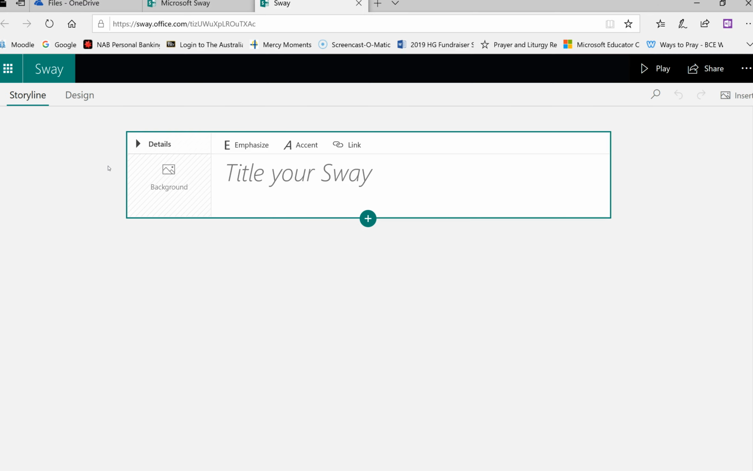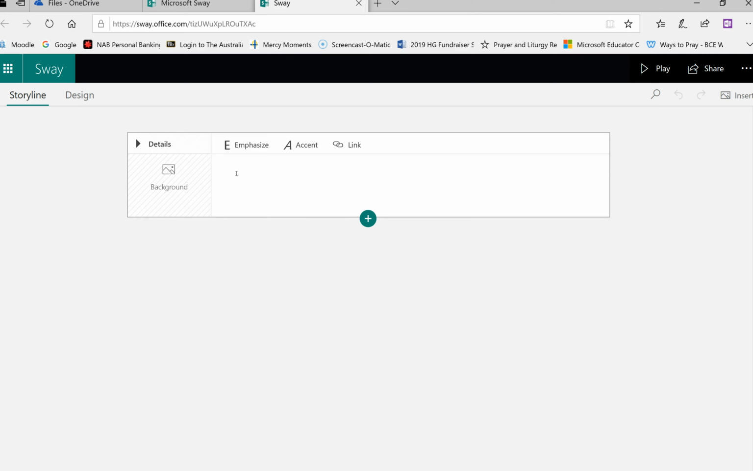A Sway really is a situation where you create a linear storyline of things that are going to appear in your digital guide. So the first thing anyone would see when they open up a completed Sway is a title. So for our purpose, we'll create a title. So the first box that comes up in front of you is the request for you to give your Sway a name. So for this, we'll call it